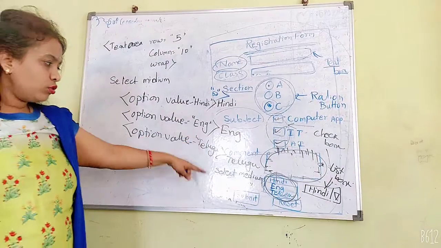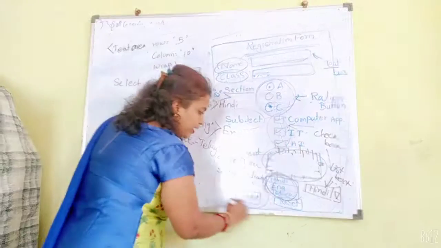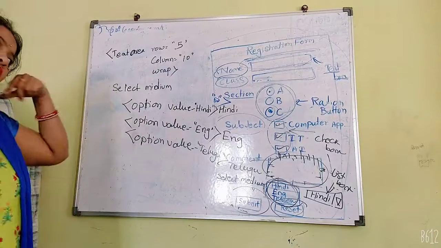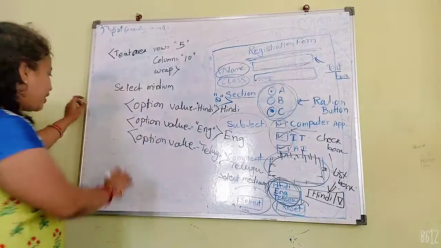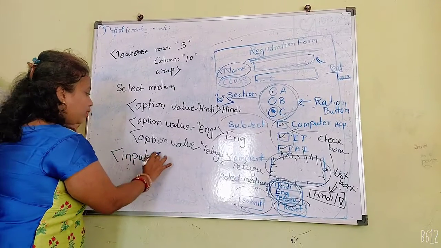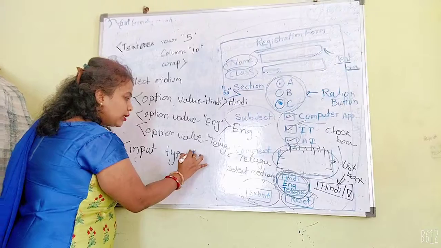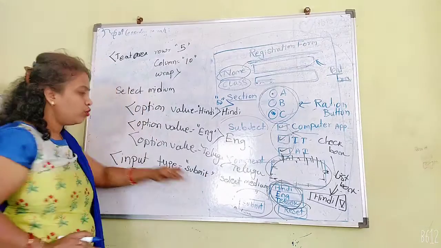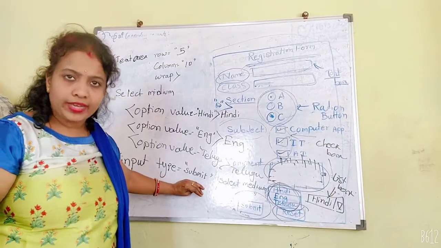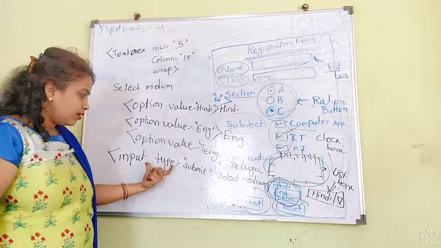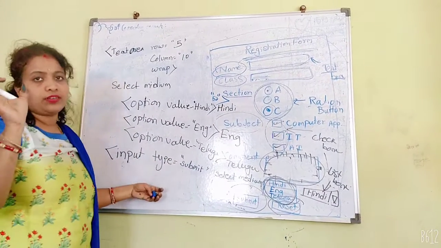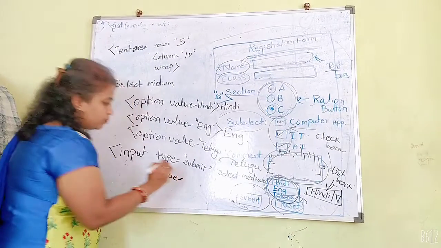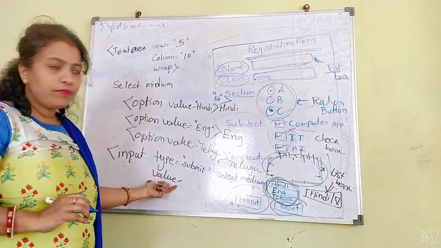Clear? Now come to the next and the last one, that is the submit and reset. Okay, simply these are the buttons. Here we are again using the same input tag, that is input type equal to submit, or you can write button also, no issue. In the submit you can use the button. Afterwards I am writing another attribute of input. Just remember that is the value. I am using this for the first time.